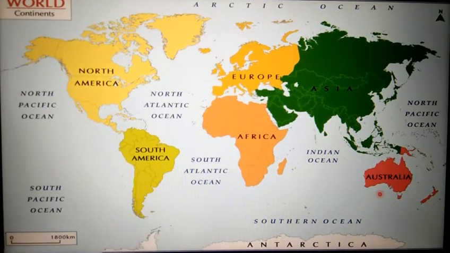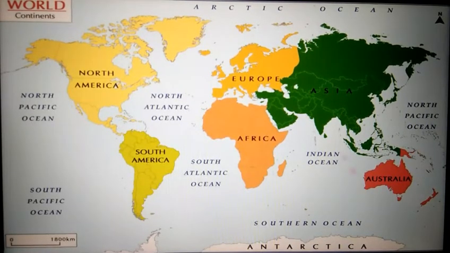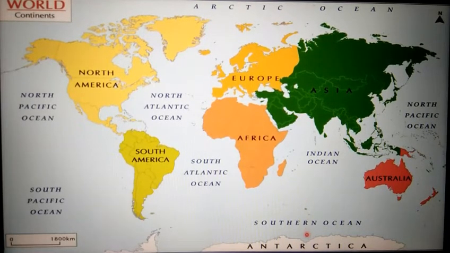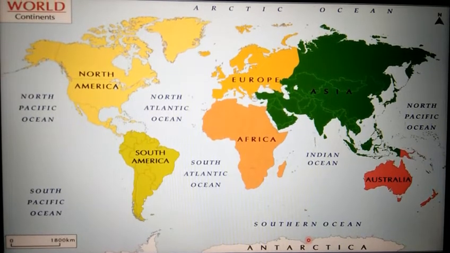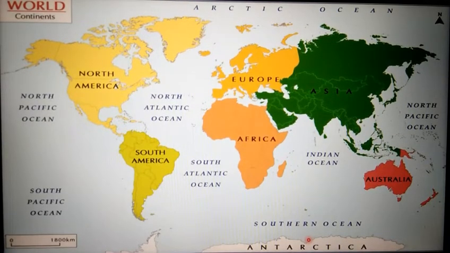You can just fill in your map with different colors so that you are aware of the different continents. And lastly we have Antarctica, which is given here somewhere down in the white color, right below the Southern Ocean. So you can just pause the video, take the screenshot and fill it quickly so that we can move on to the next question. I hope you have already marked the places.